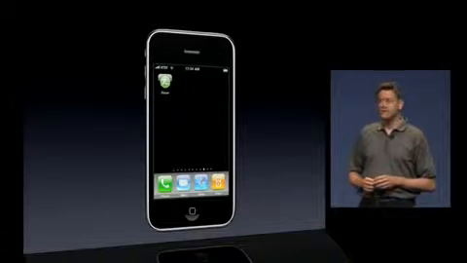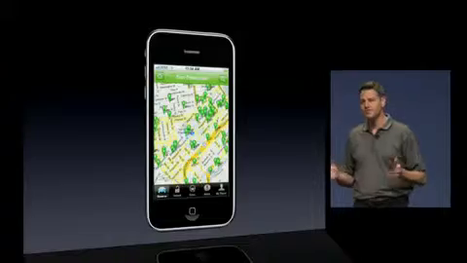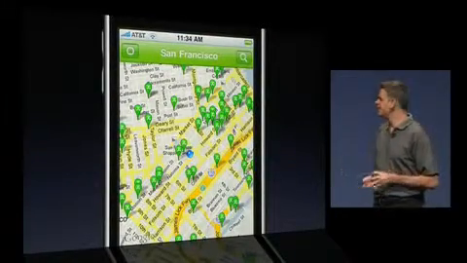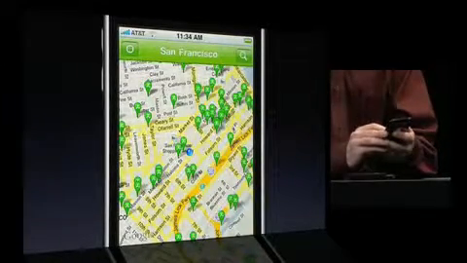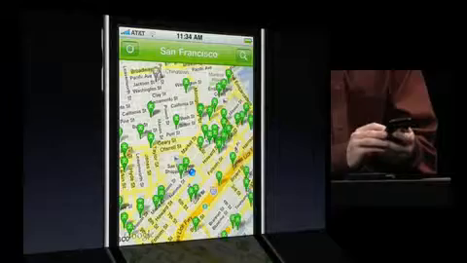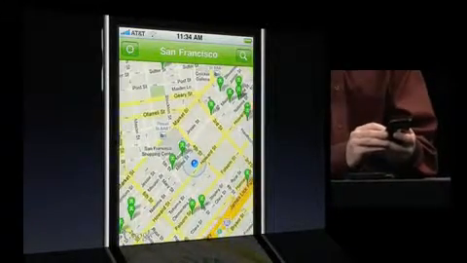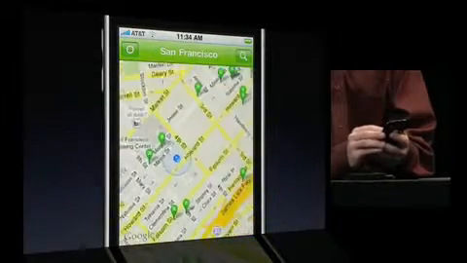So as he walks along Mission Street, he taps the Zipcar icon to instantly find and reserve a Zipcar. The application locates him, then immediately shows him all the available Zipcars nearby. Now, with the iPhone 3.0 SDK Map Kit, maps embedded in our application make it fast and easy for Zipsters like Jonathan to search, pan, and zoom into Zipcar locations all around the city.